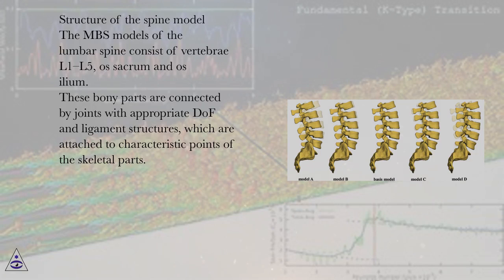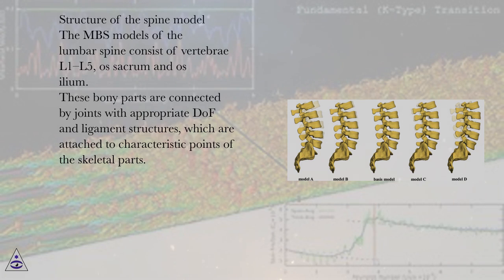Structure of the spine model. The MBS models of the lumbar spine consist of vertebrae L1 to L5, os sacrum and os ilium. These bony parts are connected by joints with appropriate disc and ligament structures, which are attached to characteristic points of